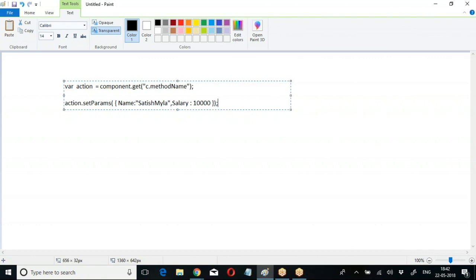Are you getting my point? Remaining operation is the same. So if you are trying to call a method, then action.setParams, name, salary. I hope you are clear with this. So we'll see the execution part in the